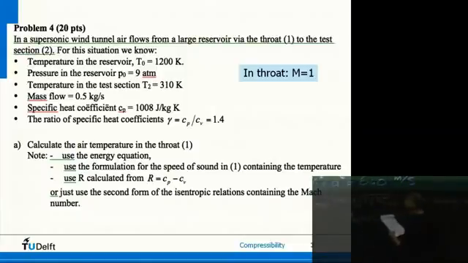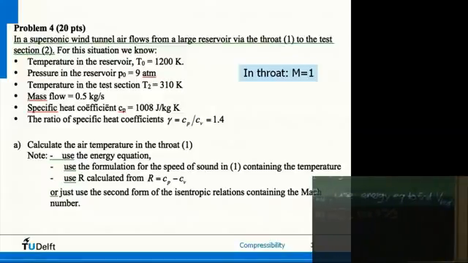So that's the easy bit. We find then that the speed of sound is 353.5 meters per second. Okay, now the energy equation. The energy equation was CPT plus half V squared is equal to some other CPT plus a half V squared